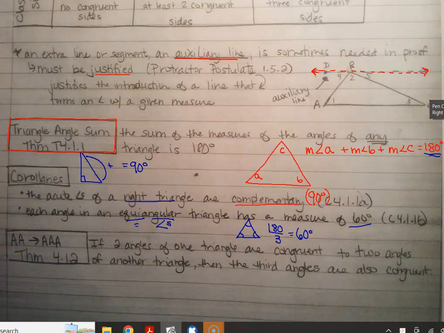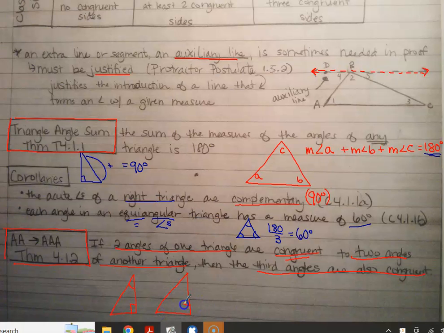All right, this other one, it's a really fancy name here we've got. It's the AA to AAA theorem. What that says is if two angles of one triangle are congruent to two angles of another triangle, then the third angles are also congruent. All right, so if you have this triangle,